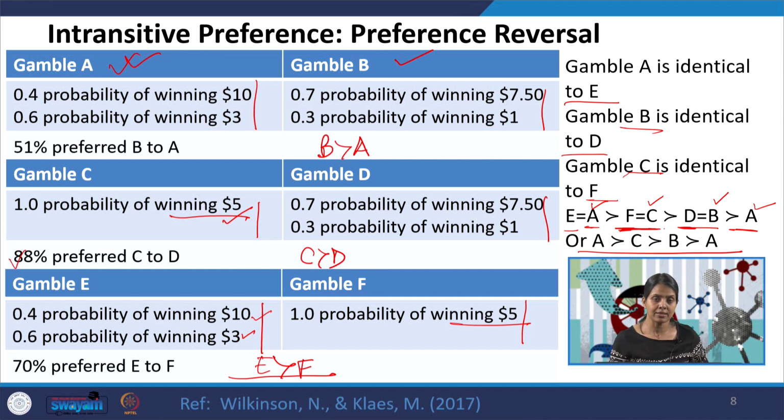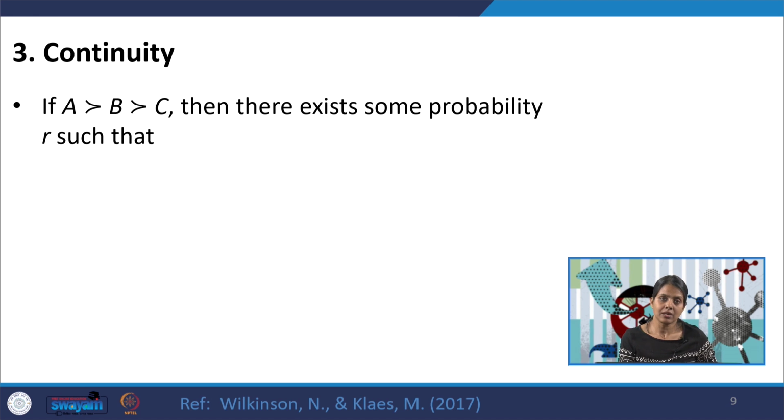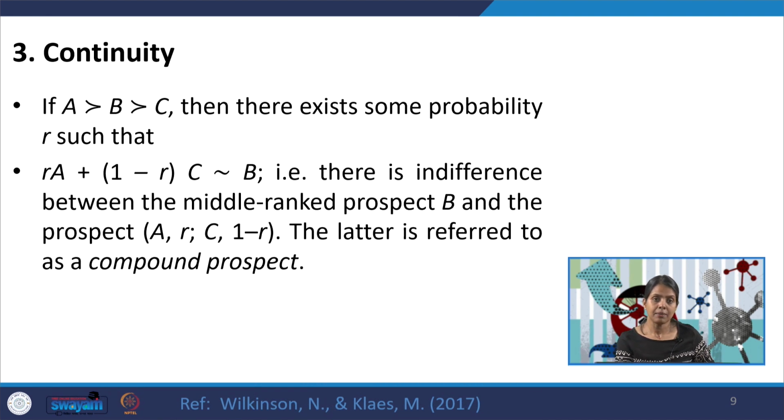This is one example of violation of transitivity. Next we talk about the third assumption or axiom of continuity. Continuity says that if A is preferred to B, preferred to C, then there exists some probability R such that R A plus 1 minus R C is identical to B, or one individual would be indifferent between this combination